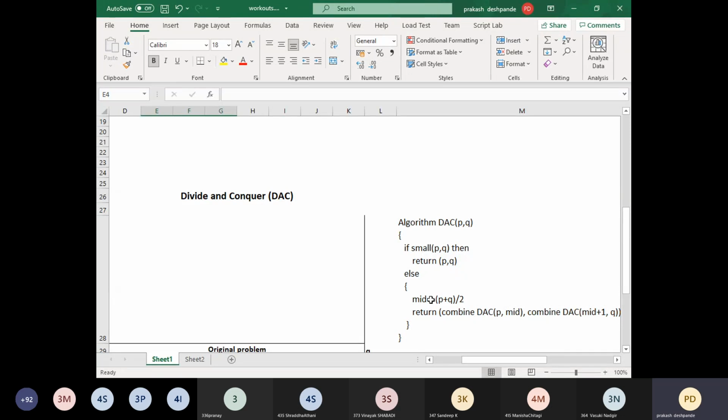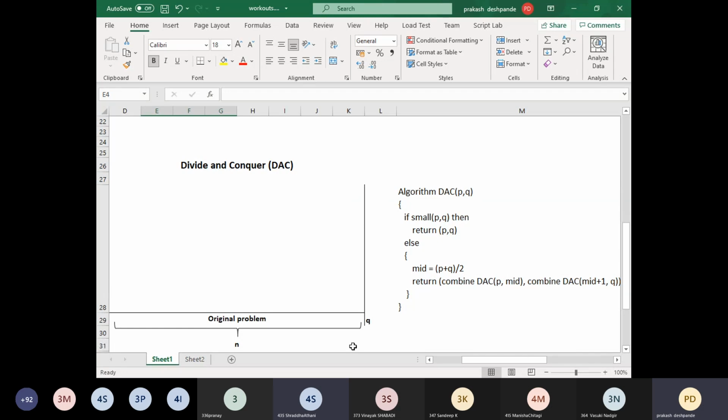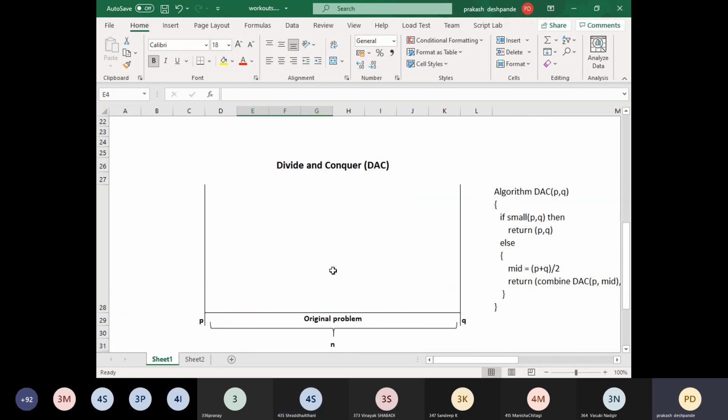Understood, students? Yes, sir. Okay, once we start working on the problems, it will be more clear when we can decide it is small, and when we can combine those things.